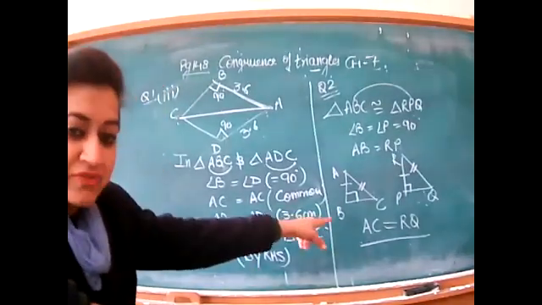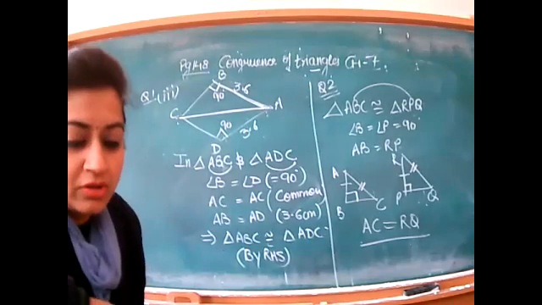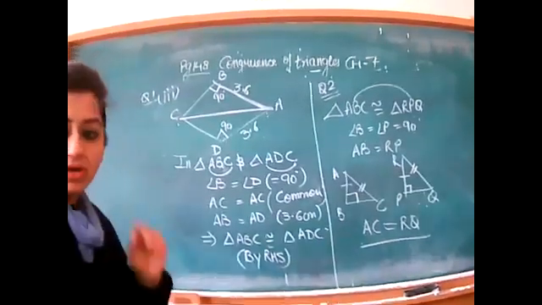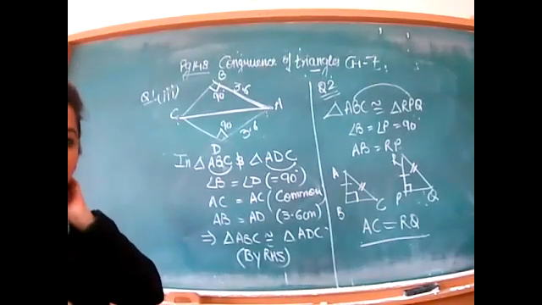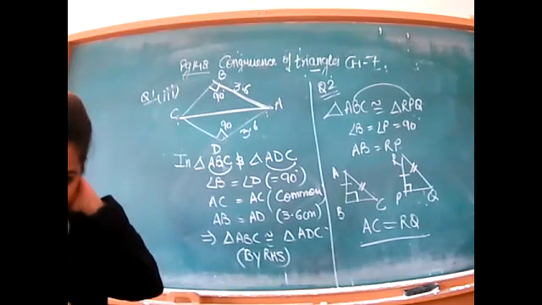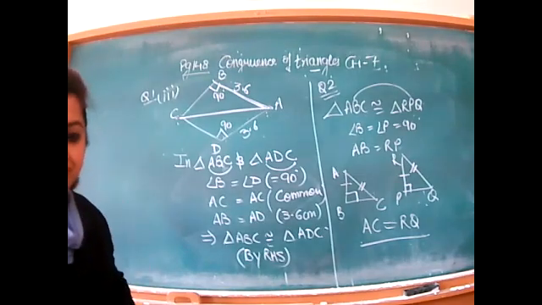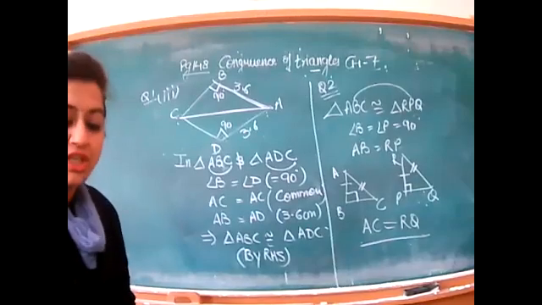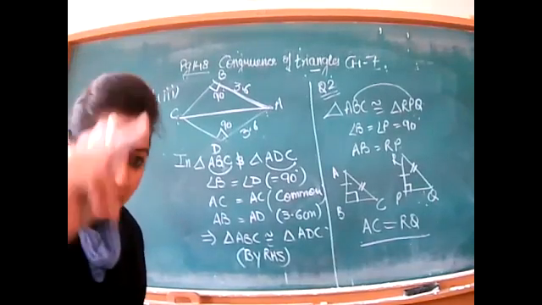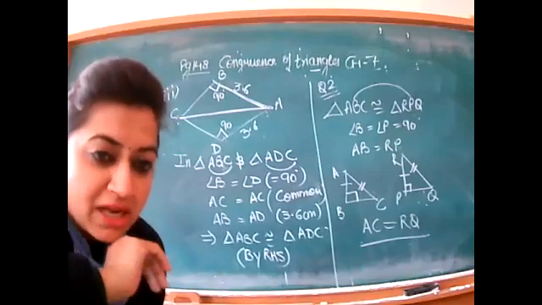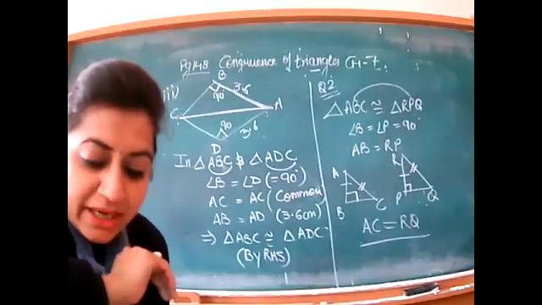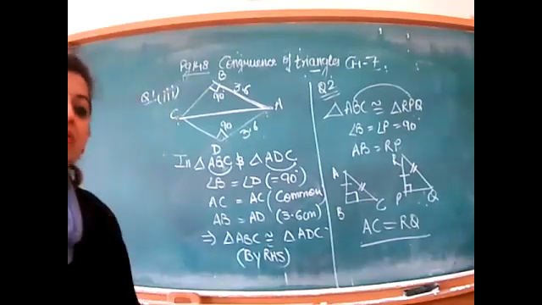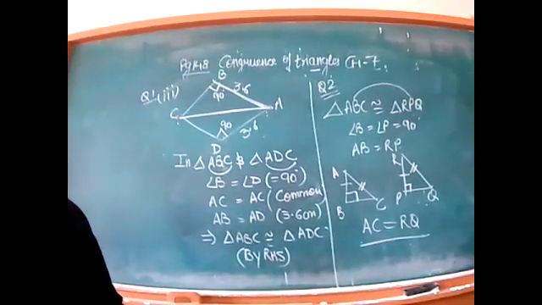Question number 2 that we have just done is your homework. Now question number 3. Hurry up. Everyone try this question and tell me the answer. BD and CE are the altitudes of the triangle. Altitude means perpendicular. These are the two perpendiculars inside the triangle. Make the figure and tell me how you are going to solve it.